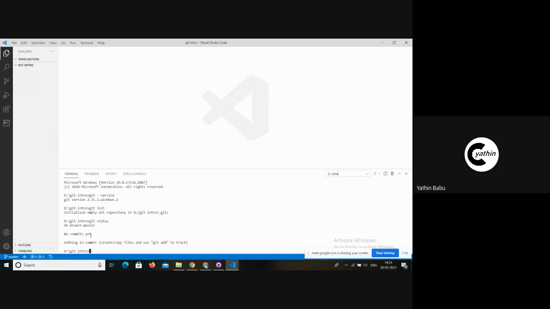So here we can see that right now, I will later on let you guys know what a commit is. Since we don't have any source files here, it shows no commit yet. So first, let me just create a simple text file and start with Git. I will just write a text string.